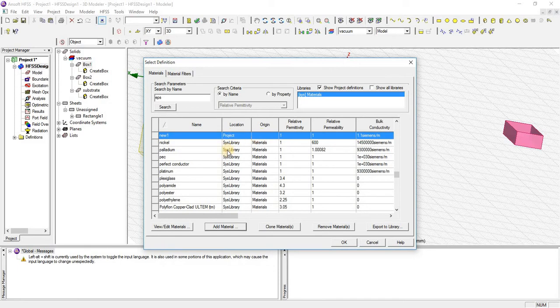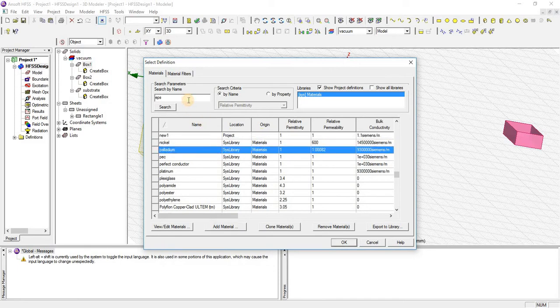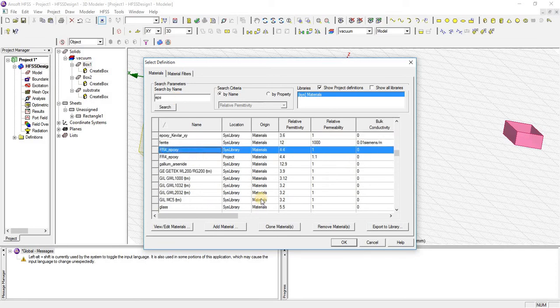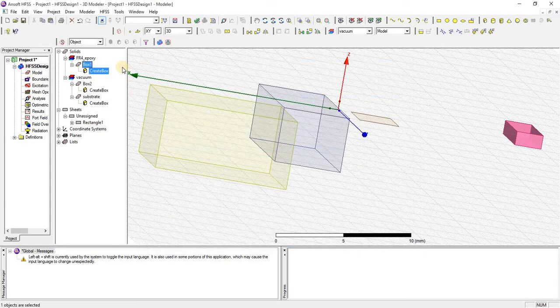You will find it in the library. Here it is. Press OK. Here you can see that in box 1 a material has been assigned, epoxy 4.